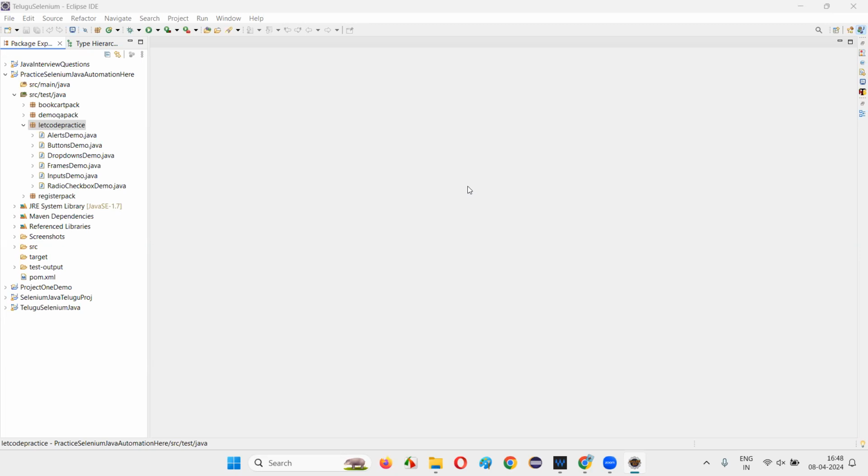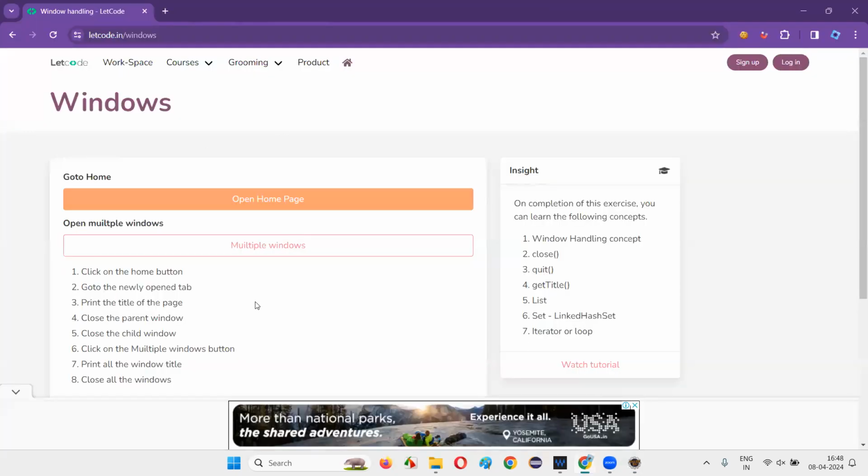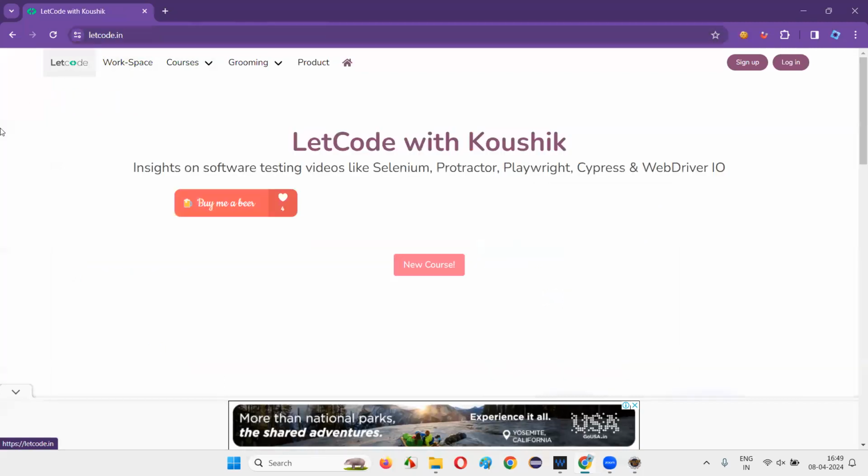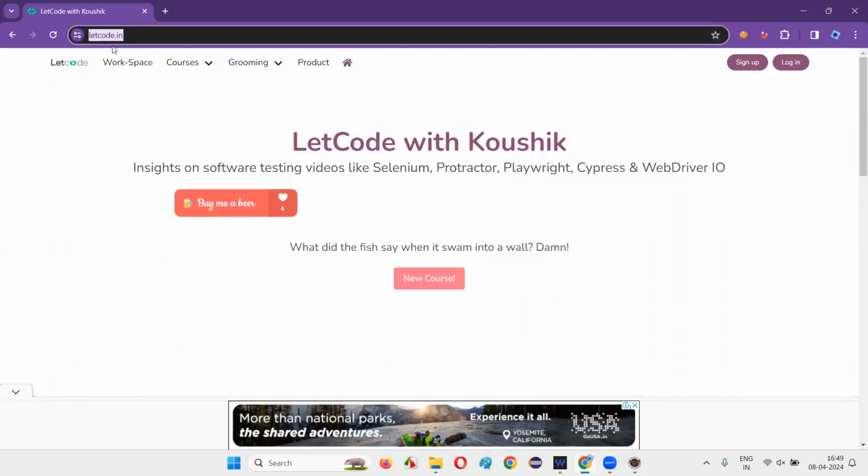As part of this session, I am going to show you how to automate handling multiple windows at this particular page at LetCode application. So how to come to that page? If you go to the home page of letcode.in, type letcode.in and click on this